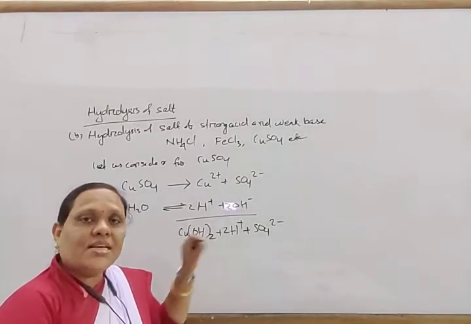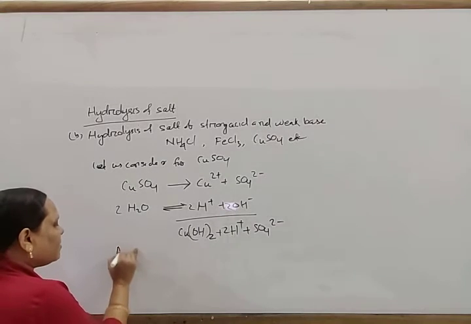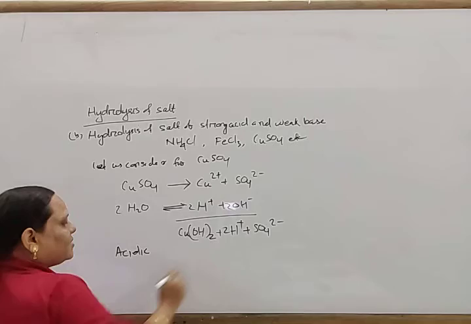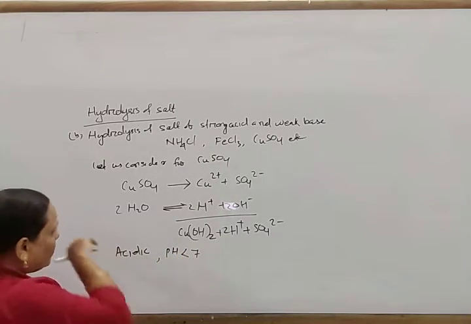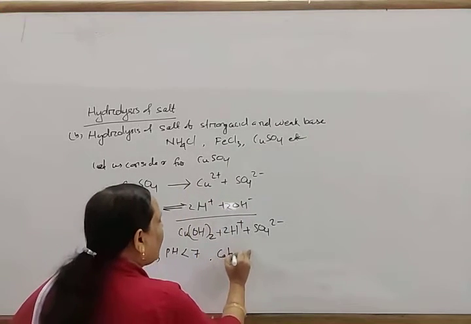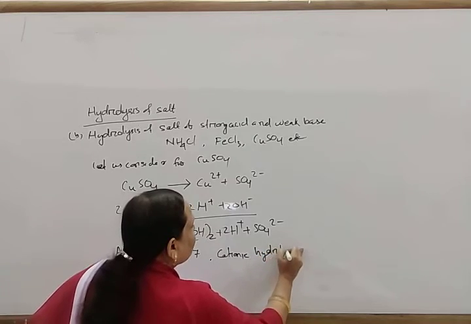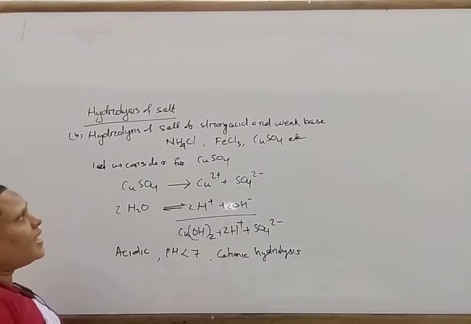are present. In this way, due to the presence of more H plus ions, the solution becomes acidic, and the pH value becomes less than 7. Okay, and as the cation reacts with water, this is called cationic hydrolysis. Next, come to